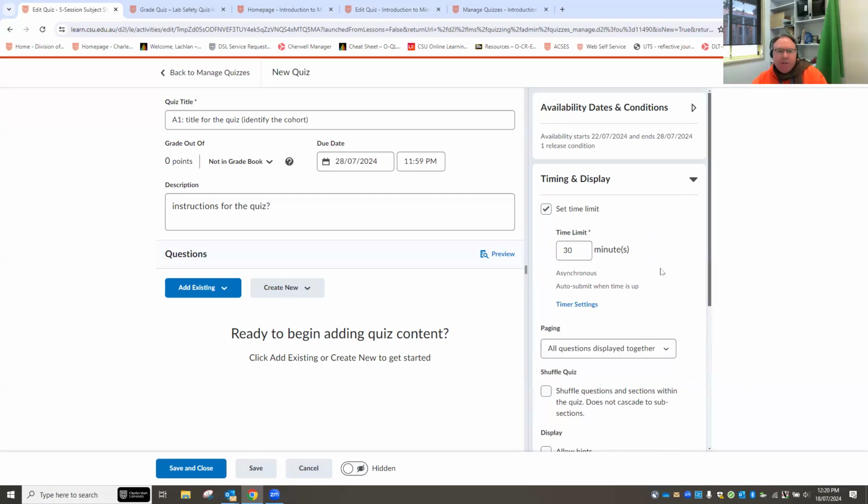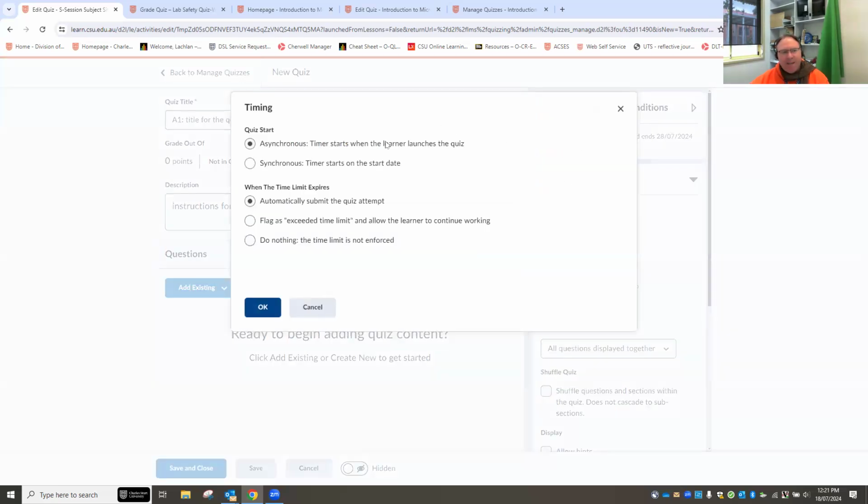By default, the way the quiz behaves is that the timer will start the moment that you open the quiz. And then when the time is up, it will automatically submit. That's the default behavior of the quiz. Now, unless you want to change that, you'll be leaving that as it is. The options that we get under timer settings are things like